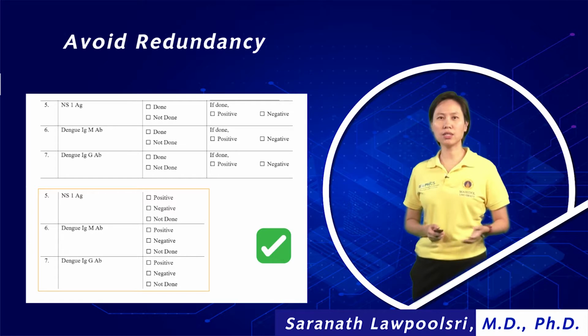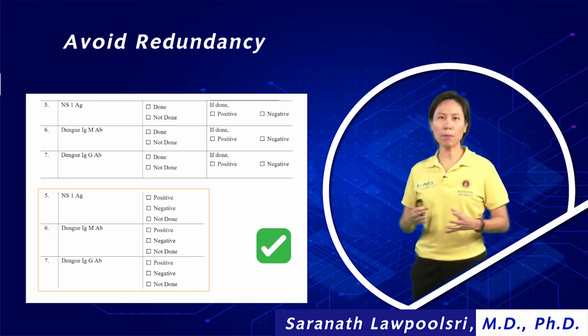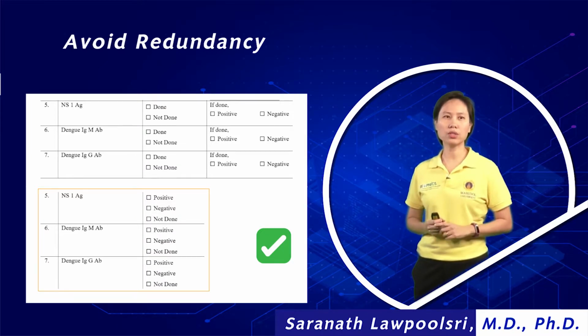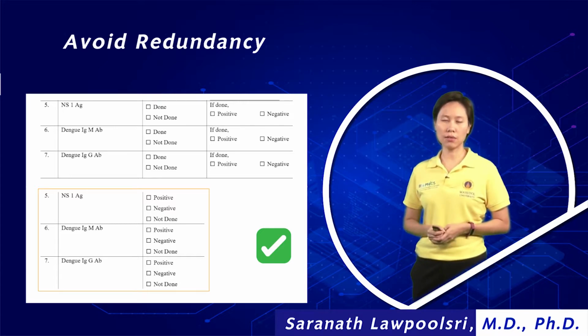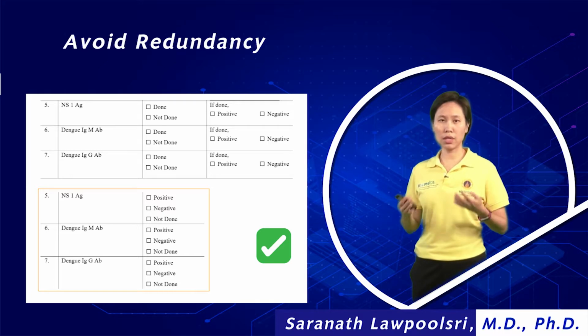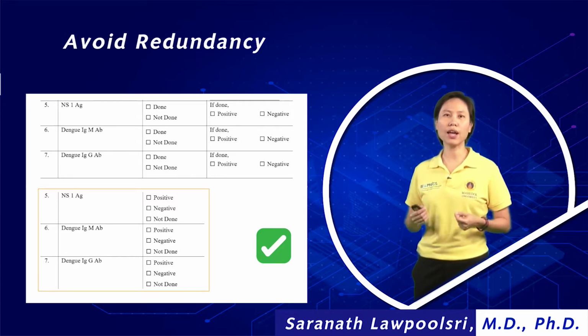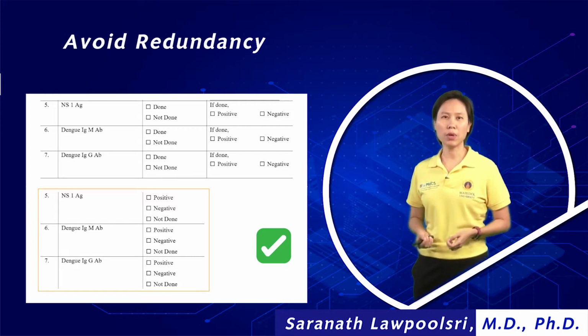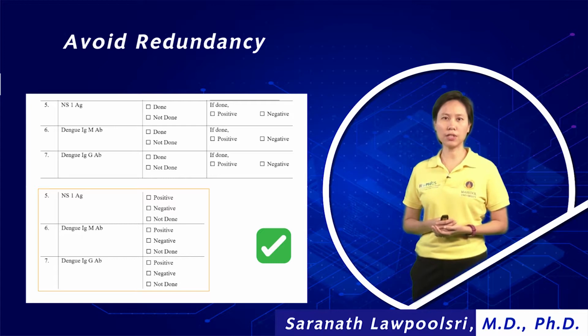Instead of having 2 questions, we can combine them into only 1 question. For example, NS1 antigen, and then you can have not done, positive, negative. So the CRF above and the top CRF will provide you the same information, but can reduce redundancy in the